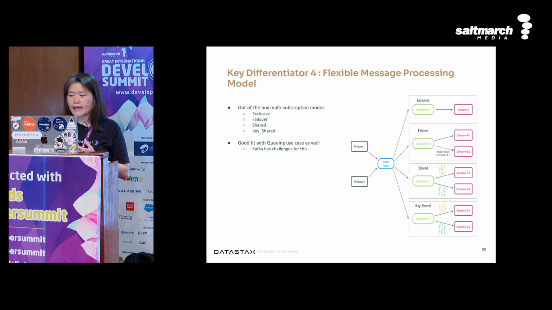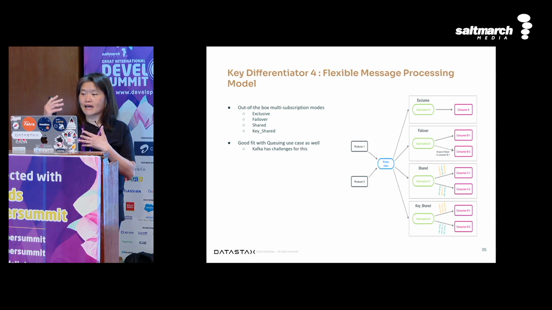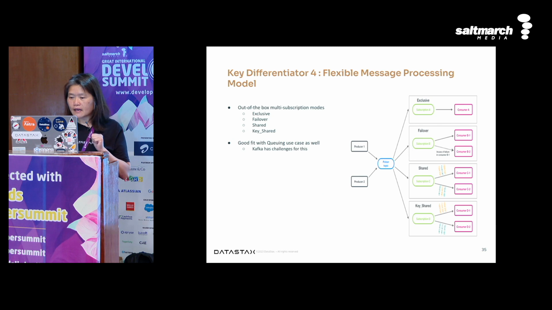It's exclusive. And then there are also cases in which you want to guarantee that messages don't get lost, and you can actually have multiple consumers subscribing to a topic, but only one is the primary. So that's a failover type of subscription. And then the third kind is a shared type of subscription that allows you to have multiple consumers for a subscription too, and that's shared.